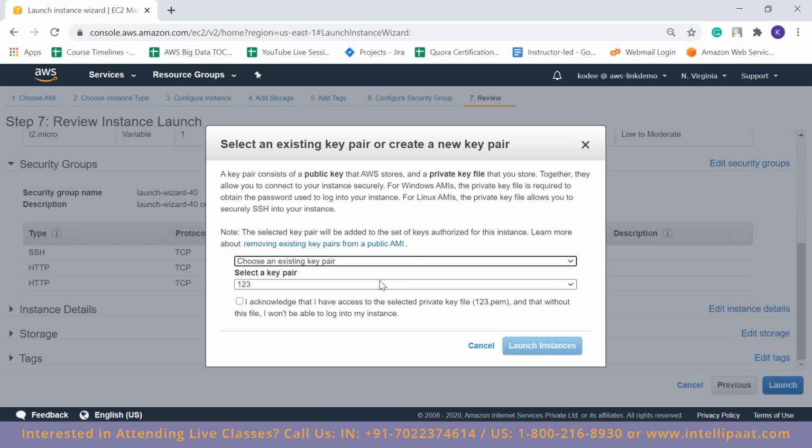So right now I'm just going to choose an existing key pair. So you might ask, what is a key pair? Basically, when you launch an instance, you can see a public key and a private key. The public key will be in the instance, and you will download the private key. Whenever you are logging into your instance, you will use the private key to decrypt the public key, and once that is successful, the instance will be automatically launched. So the decryption process happens in the background. You will just have to upload the private key whenever you are logging into your instance.